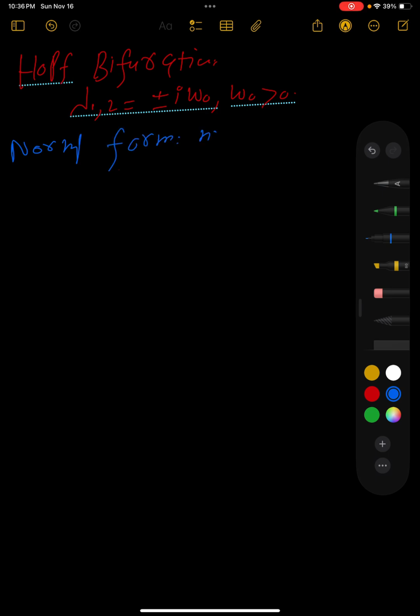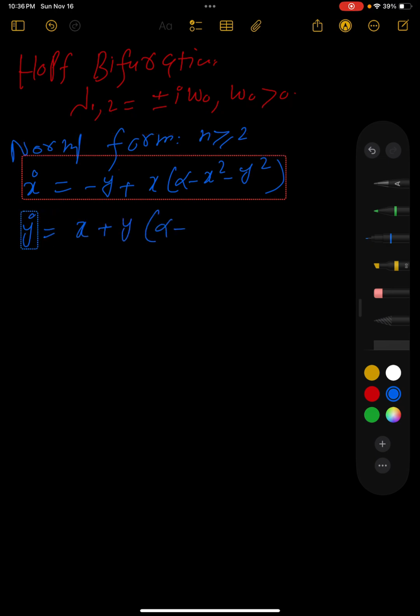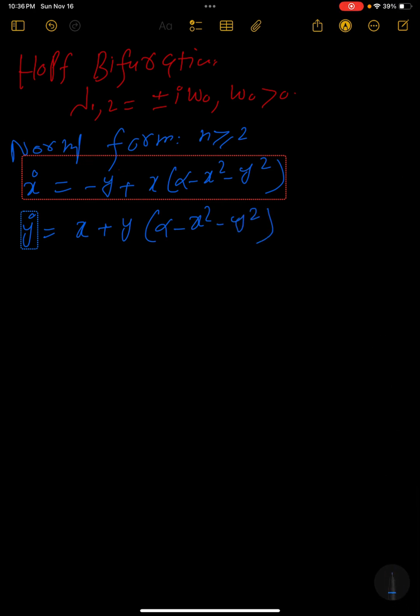In this case the dimension of the system n will be 2 or greater than 2. So the normal form, the equation that we do have, is x dot is minus y plus x times alpha minus x square minus y square, and y dot is x plus y times alpha minus x square minus y square. Okay, so if we see the Jacobian, the linearized part of the system at